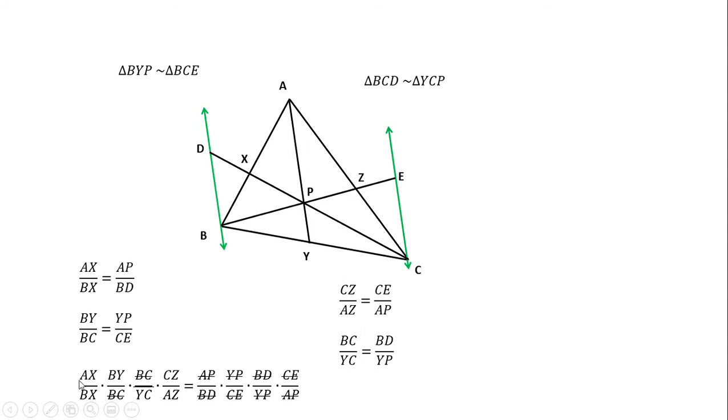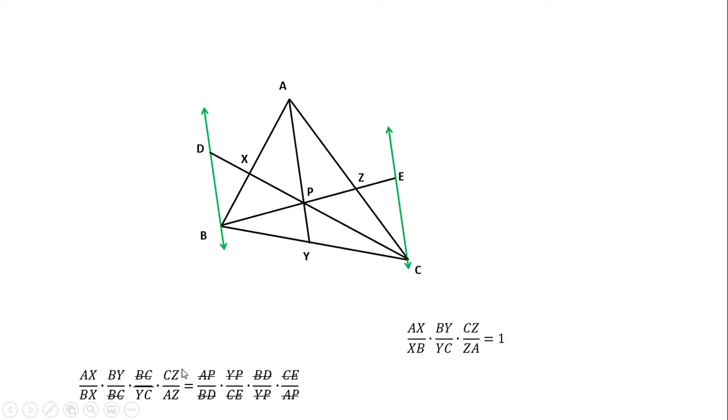On the left-hand side, if we just clean this up a little bit, we're left with AX is to XB, as BY is to YC, as CZ is to ZA is equal to 1. And that's what we were setting out to prove. If the Cevians meet at a common point, if they're concurrent, if we have a triangle with 3 concurrent Cevians, then this relationship will hold true: